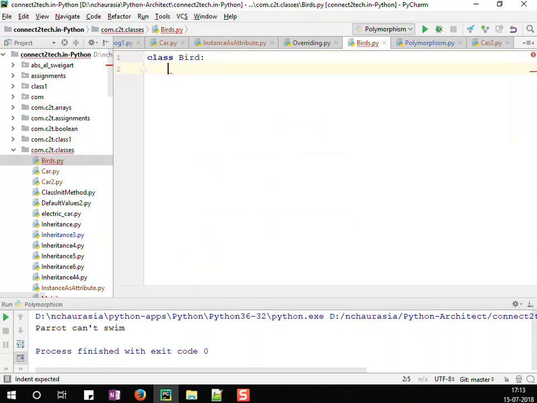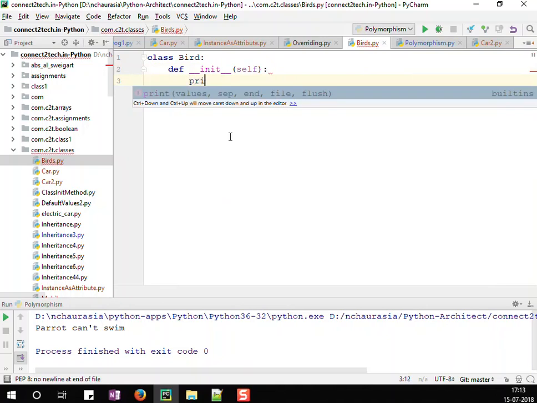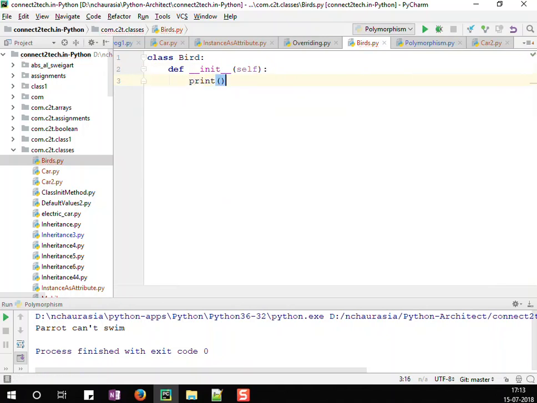So in this I have a method called def underscore underscore init, right? This is a method which I have. Now here if you want I can say sysout, sorry, sysout is in Java, it is print, or here I can say I am inside init method, right? So this is a very simple